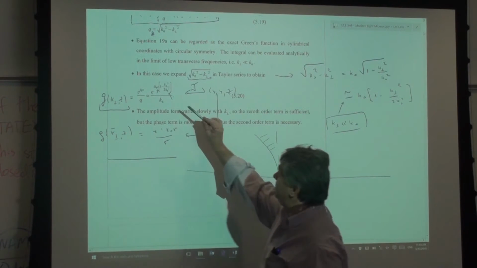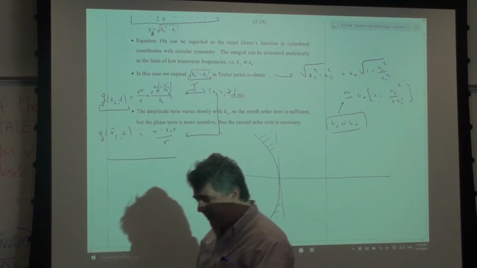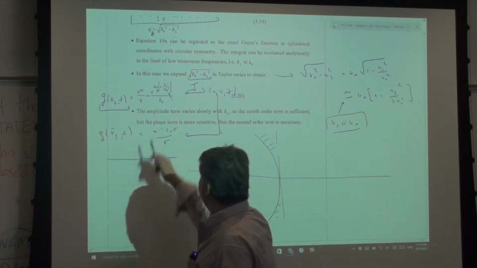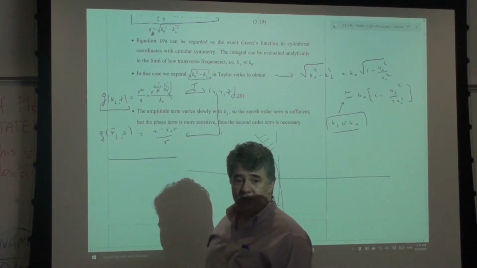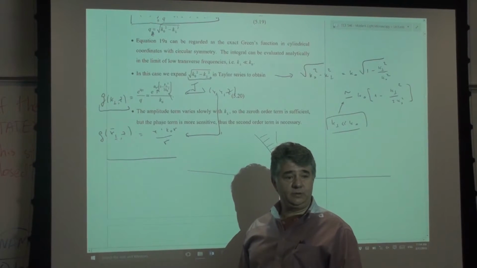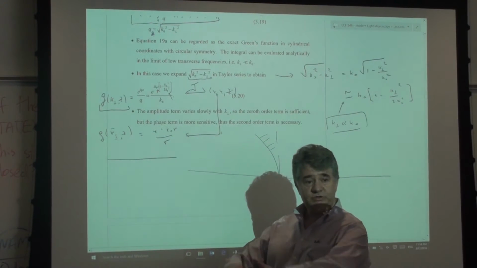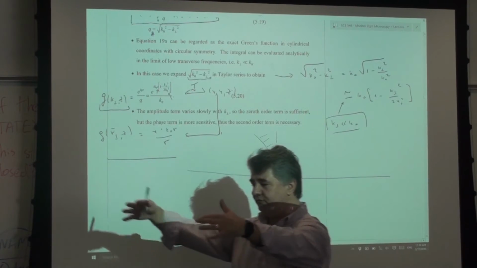Okay, so you understand what this means. Expanding this, it means I have a plane wave that goes at k naught z in terms of phase, and then on top of it I have a k perpendicular squared, which means it's a parabola. This is a diverging wave,